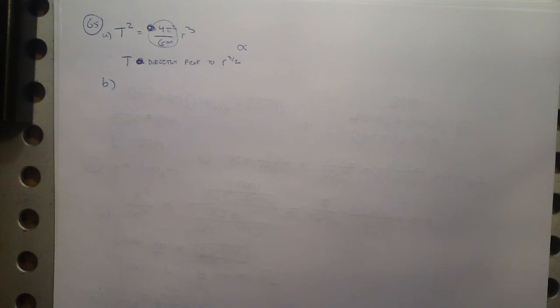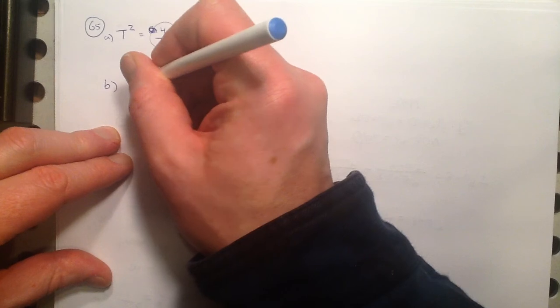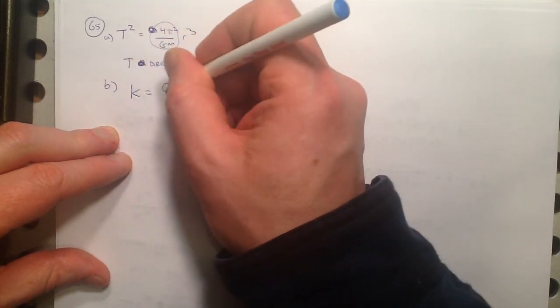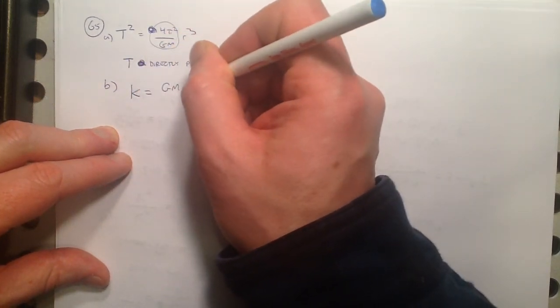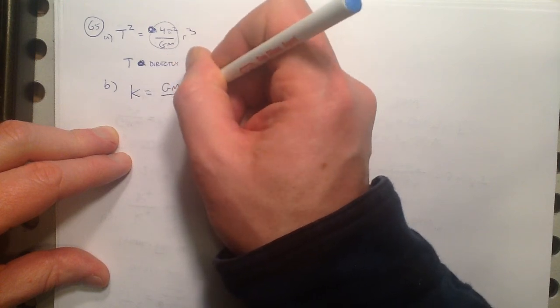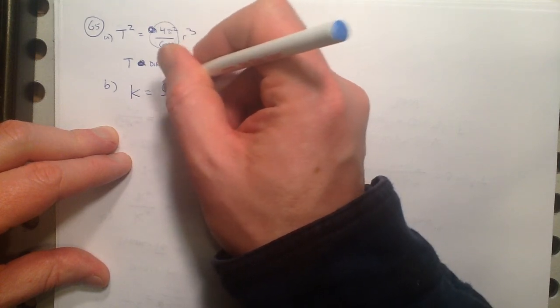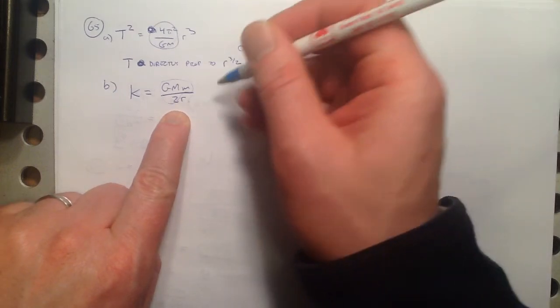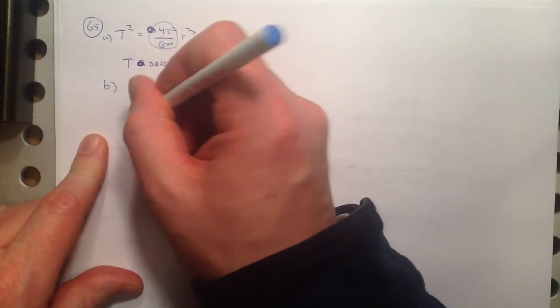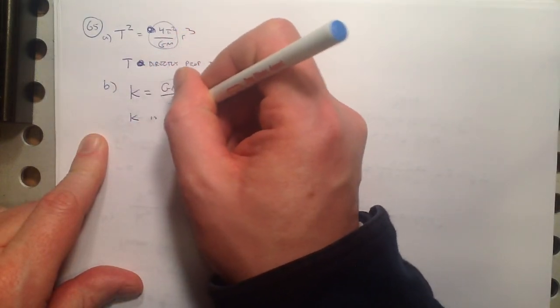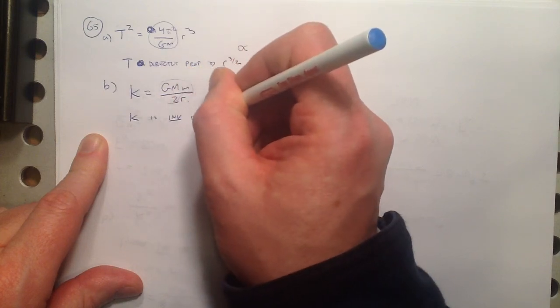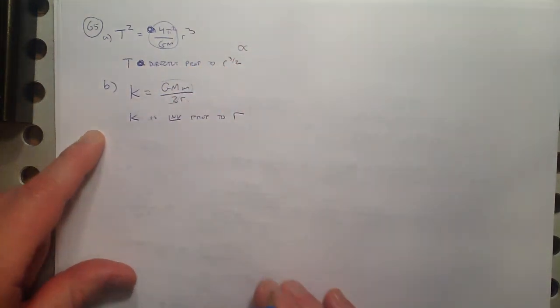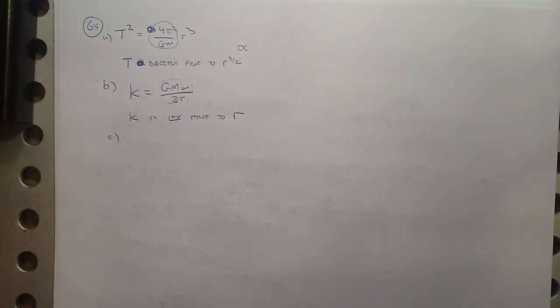Okay, for B, they want to know how does kinetic energy depend on r? Well, kinetic energy is equal to GMm over 2r. This is all a constant, so that means it's inversely proportional to r. So I say K is inversely proportional to r. Part C,